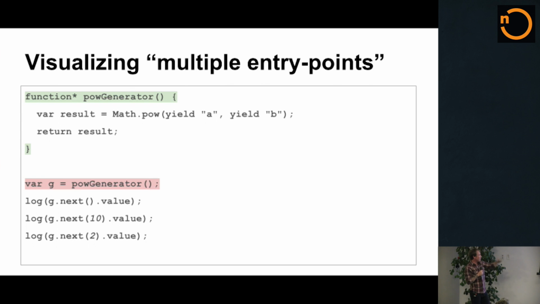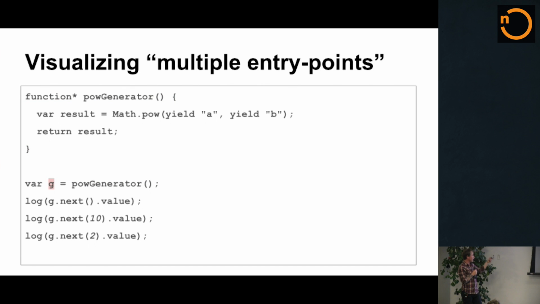OK, so we saw before that the first thing you're going to do with your generator function is invoke it, which is going to give you back this generator object, which has these methods, next, and so on and so forth. So first step, invoke pow generator. We get a hook back to the generator object, which we then store in variable g. Next line, we call the next method, which starts evaluation of the code in the pow generator function body from top to bottom.